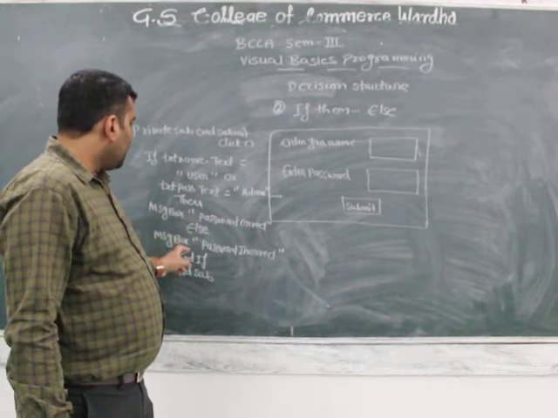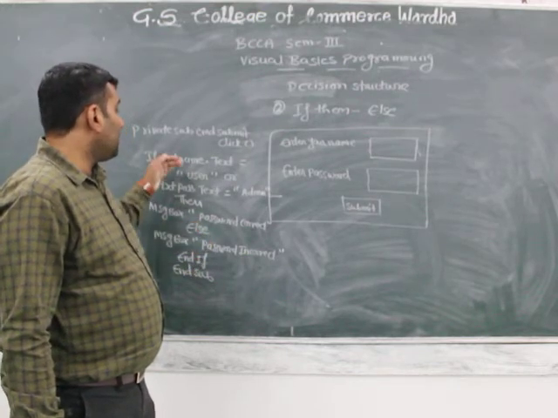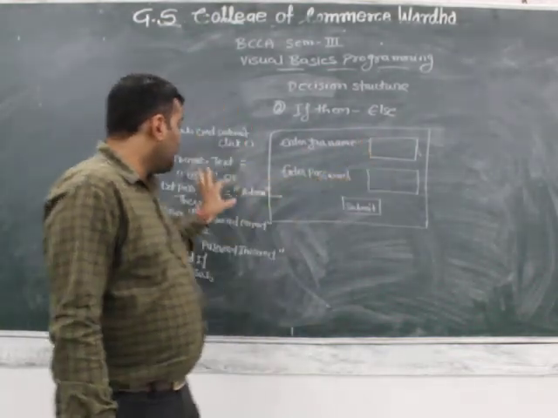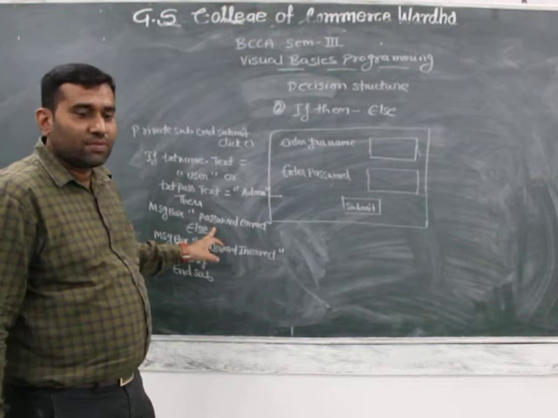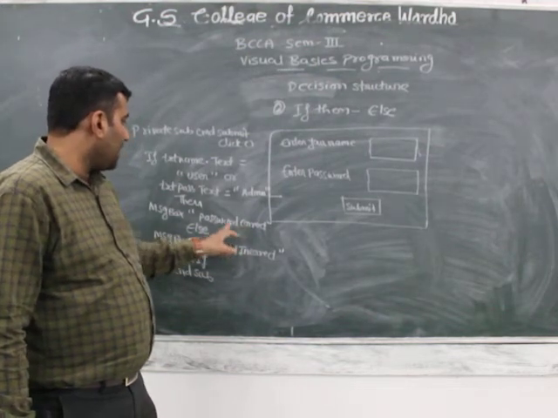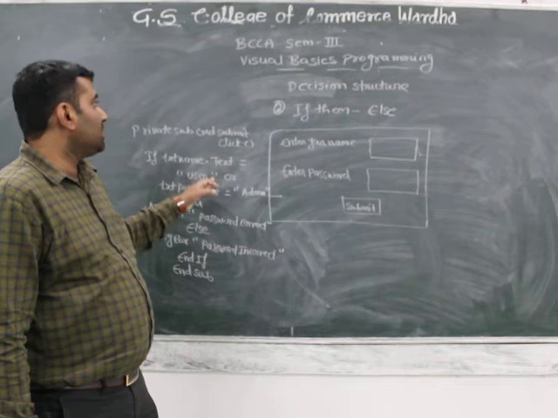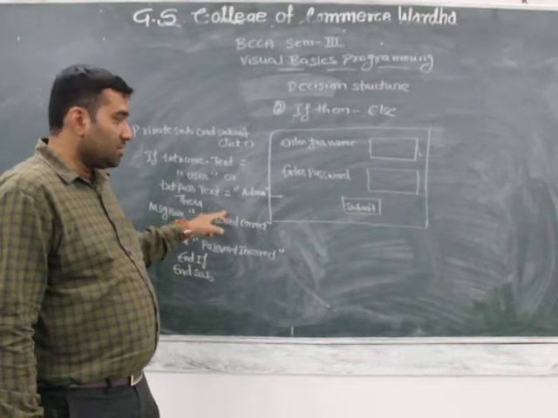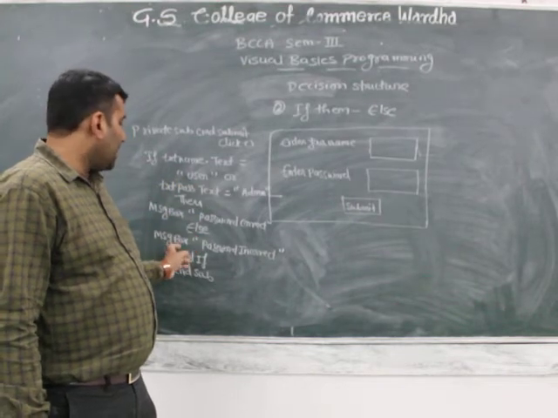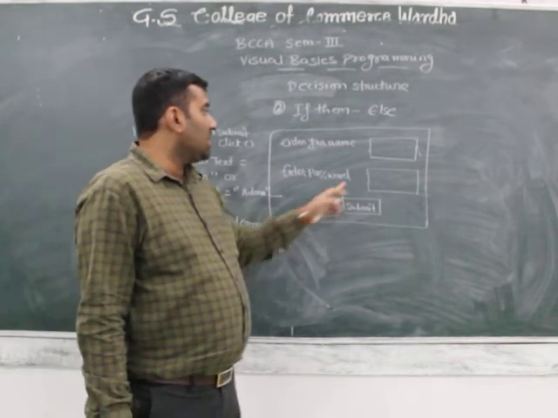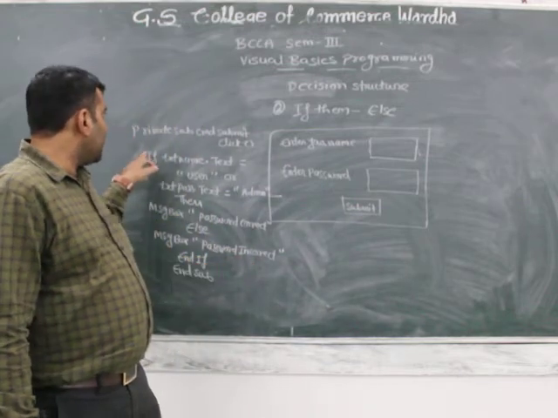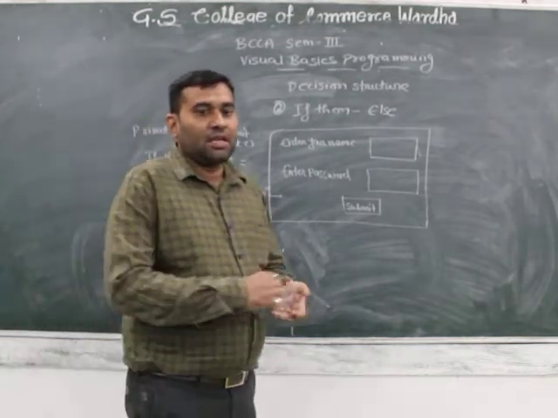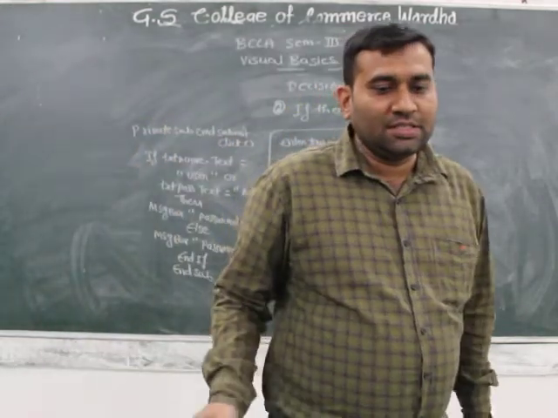otherwise the else part. When you enter the username and password correctly, the message box displays that the password is correct. Otherwise, when the condition is not satisfied, it is not executed, then it goes to the else part and the message box says password is incorrect. Then close this end if and close the end sub. In this way the if then else is used.